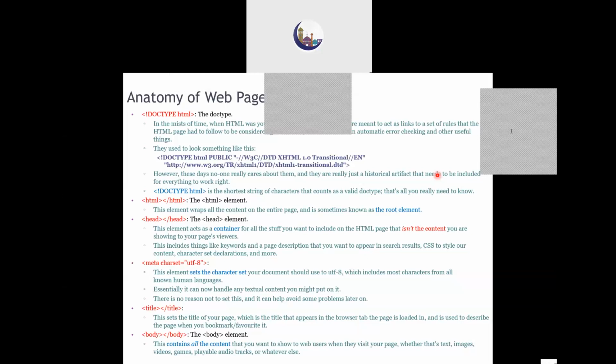Meta charset is going to contain different versions of text formats. For example, there is one text format before this UTF. Whatever I used to write in English was taken as ASCII code, and ASCII code was a 7 or 8 bit length code. You all know it. When we used to use ASCII, that ASCII was only for English. It was not there for Tamil, it was not there for Japanese or Chinese languages. So whatever I have defined in the text has to be rewritten in that language.